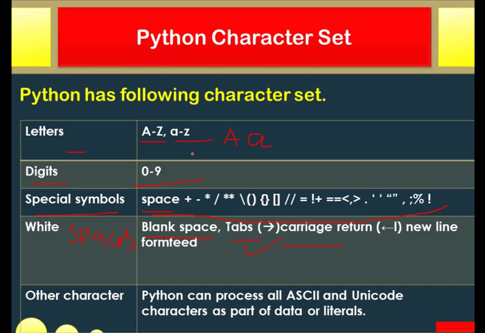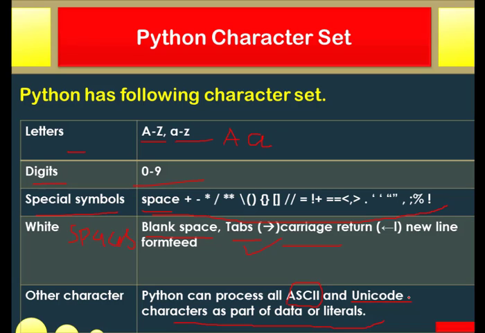Then other characters: Python can process all ASCII and Unicode characters as part of data or literal. ASCII is an acronym for American Standard Code for Information Interchange. These are again the codes that have been given to different characters, and Unicode is also a coding only.